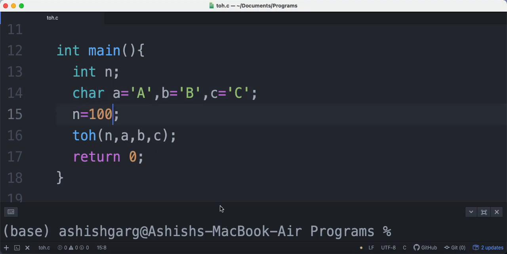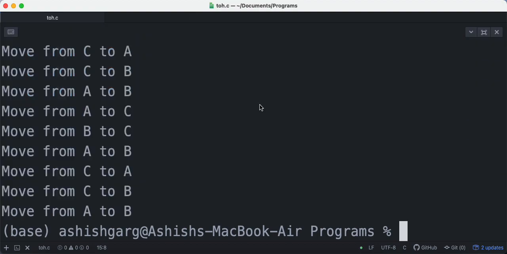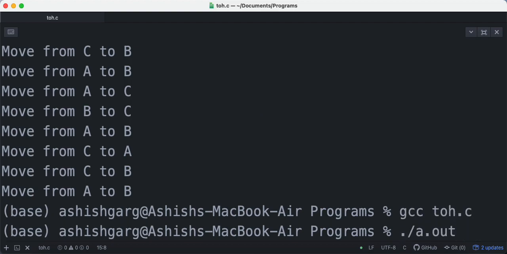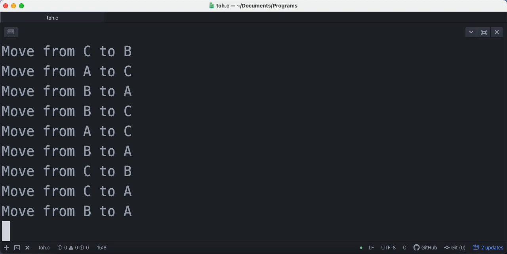Now let's say if I write n equal to 100, then probably it will not even give the result, because it is taking so much time that it is not going to give the result instantly. It will print and print and print, and after some time probably our display buffer will get full and it will halt, because the number of steps is very, very large.